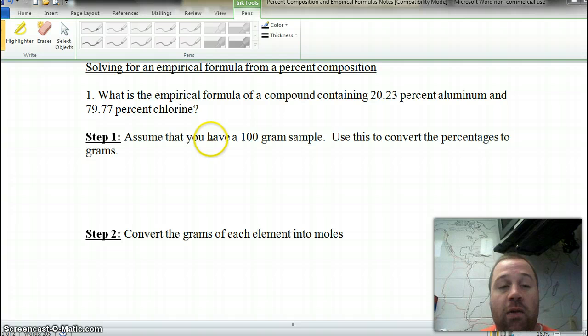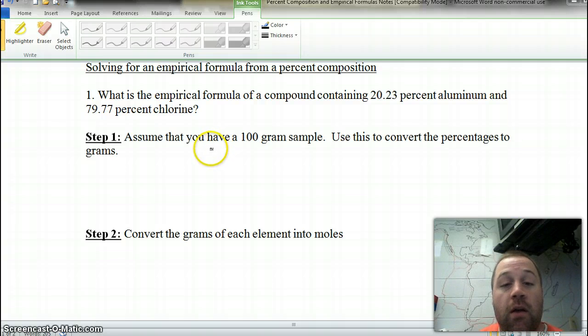We know what the percent of aluminum and chlorine is in a compound, and we know that's the only 2 elements it contains. So from this information, we're going to solve for the empirical formula, so the lowest whole number ratio. The first thing we're going to do is assume we have a 100-gram sample, which allows us to convert the